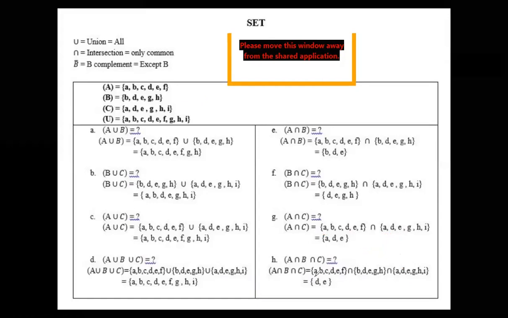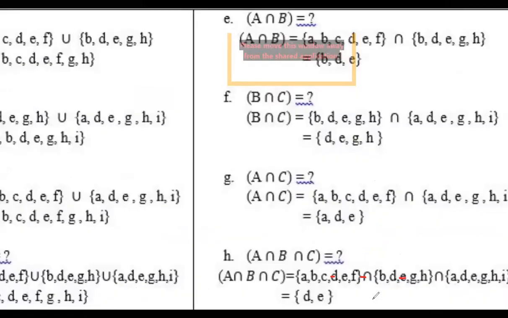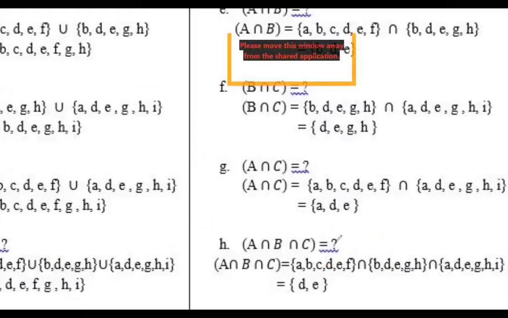Let us see. A is not common; A is just common in A and C only. B is common in only these two, but it is not common here. C is not common. D, if you see it, is common in all three: D, D, and here is also D. So D is common in all three. E is also common: E, E, and E. So E is also common in all three numbers.